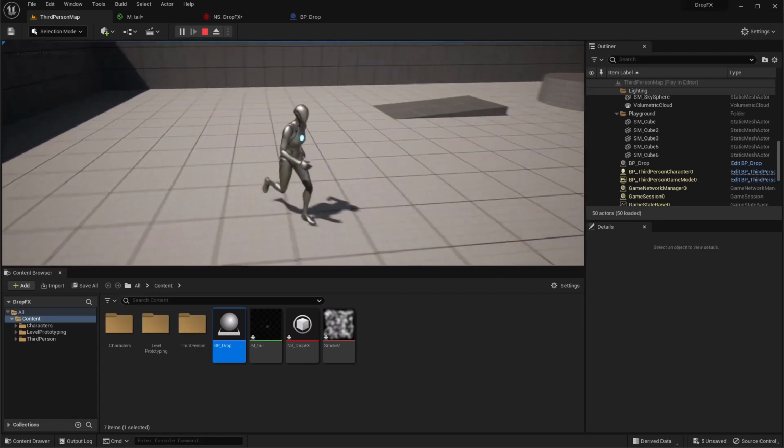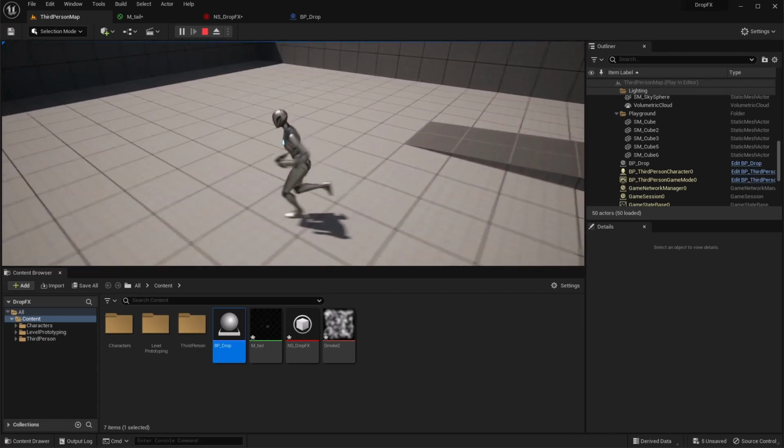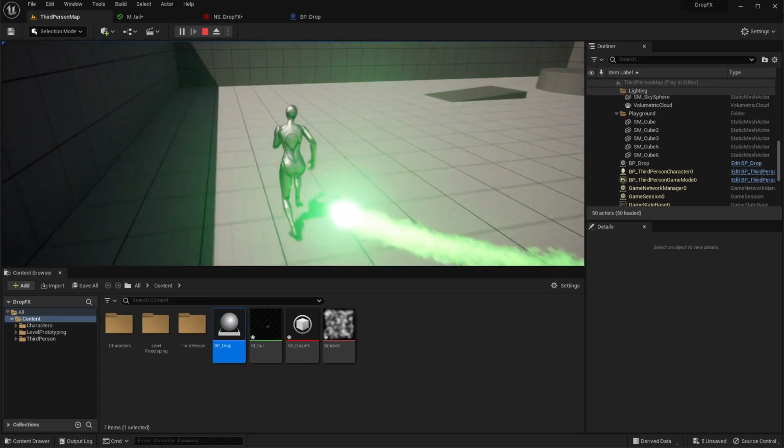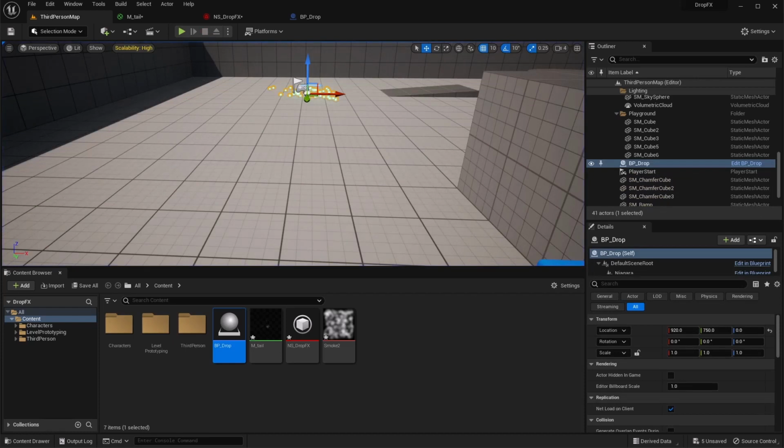So that kind of kills them off. The next thing you see is it's still attracted to our player as we run around. So we need to reset that force after we've picked this up. To handle this for this instance, we